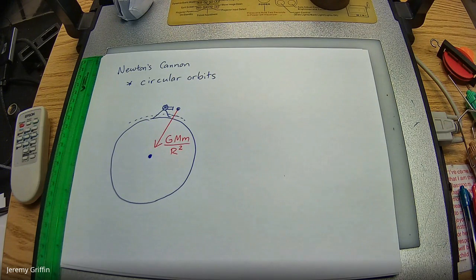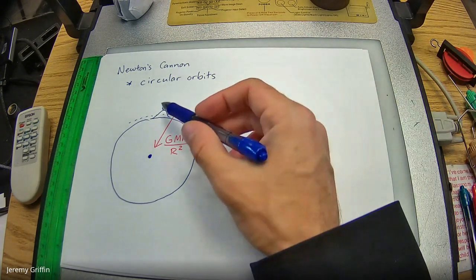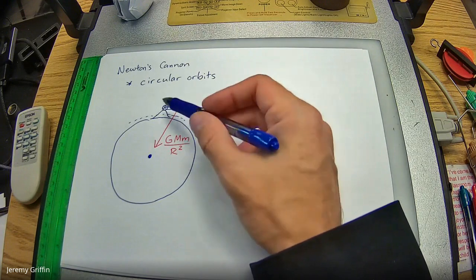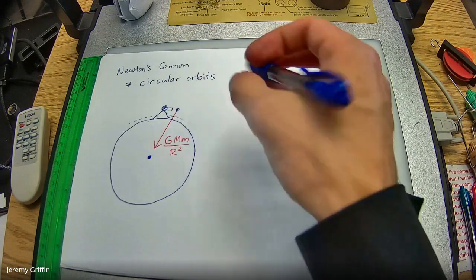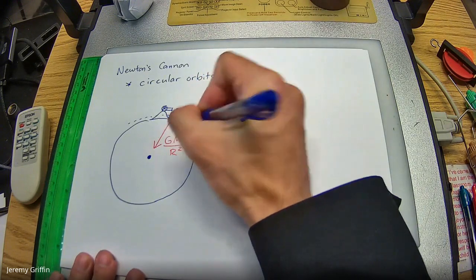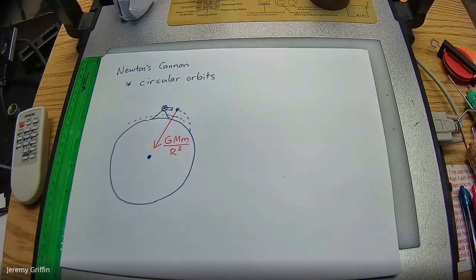Now for projectiles, you guys have seen enough of these. If you park a cannon on top of a cliff and you aim it horizontally, just like in this picture, the cannonball will eventually hit the ground. But we've always been assuming a flat Earth, which is approximately true as long as you're within some locality. But if you get big enough, then that starts to go out the window.